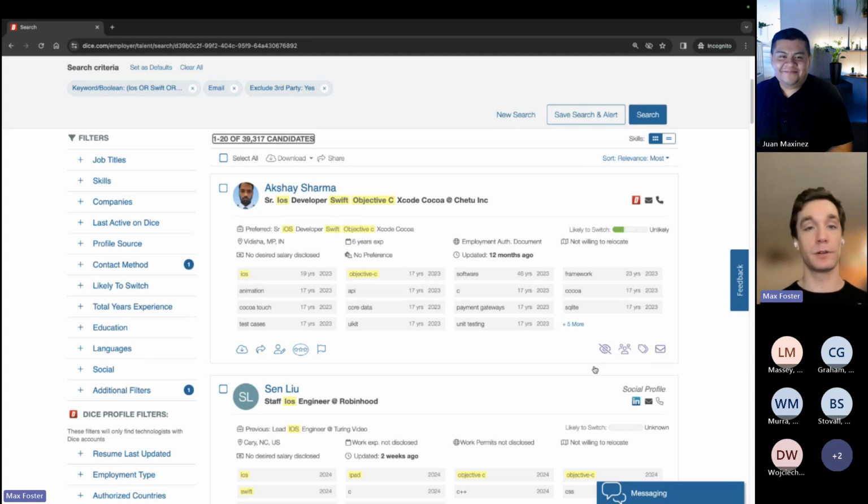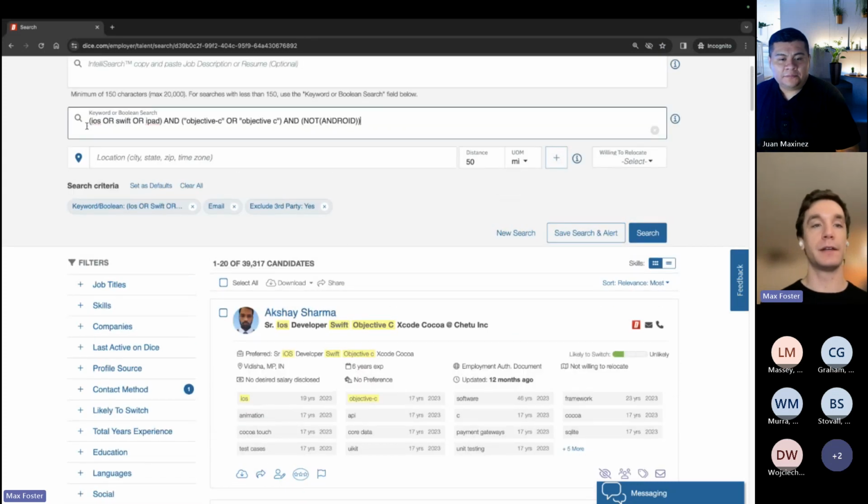For Dice, we're very, very different, right? You're looking for these hyper unique, specialized tech candidates. You got to put in the effort. You got to rerun those searches to properly find those candidates. So we've just come up here with 39,000 candidates with relevant iOS Objective-C, but somebody who hasn't worked on it or doesn't have an Android background.